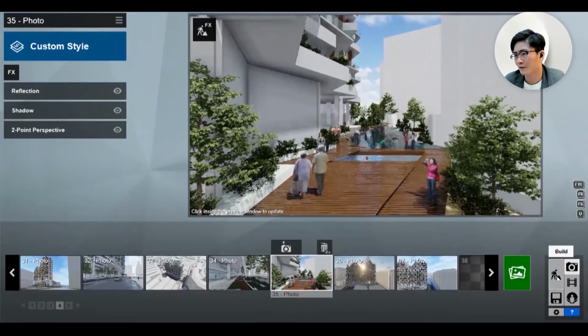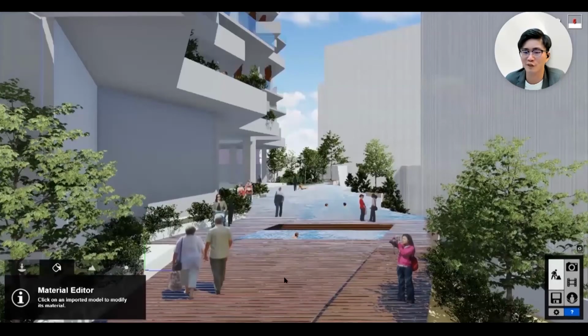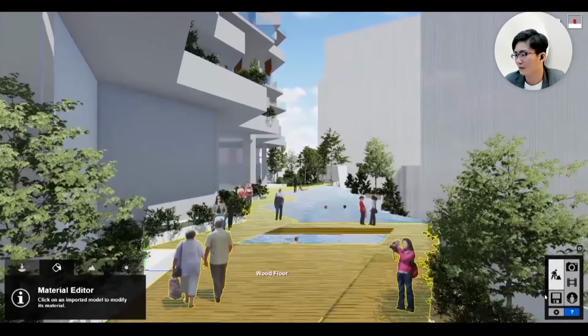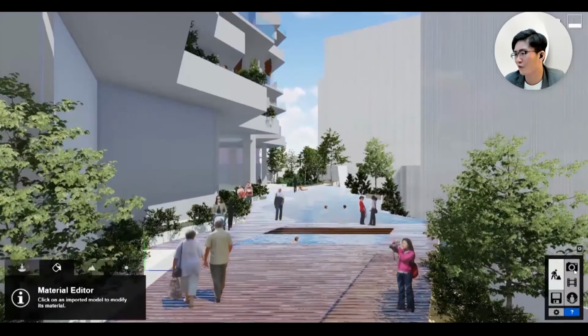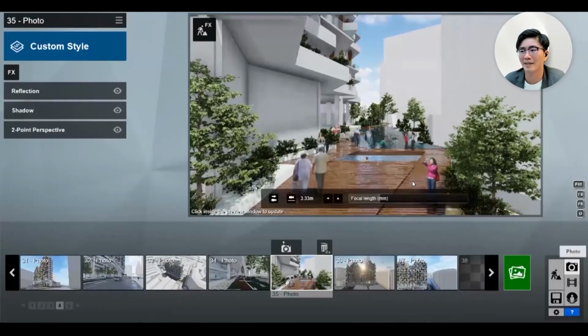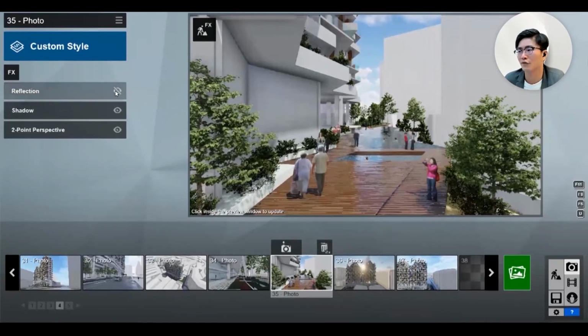If we push the reflectivity to the maximum, let's see. It will become very wet and very glossy, very metallic already. This is before, this is after.